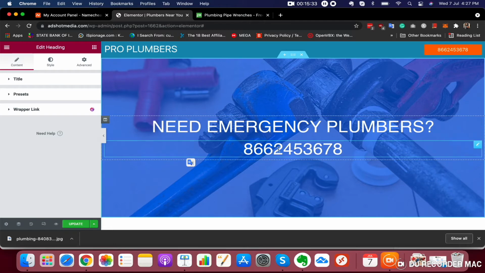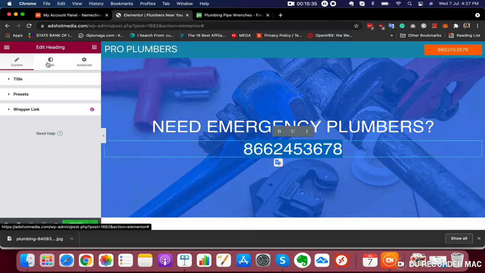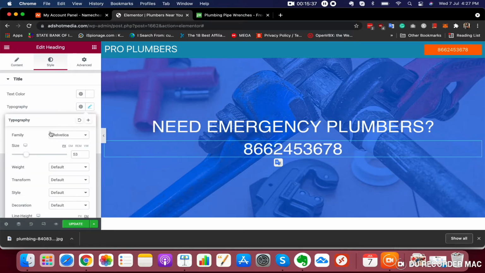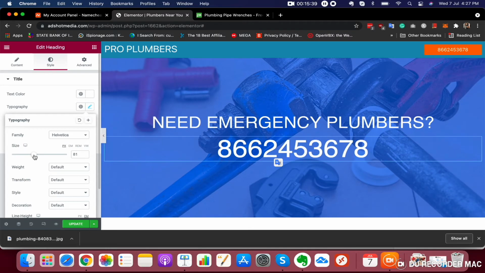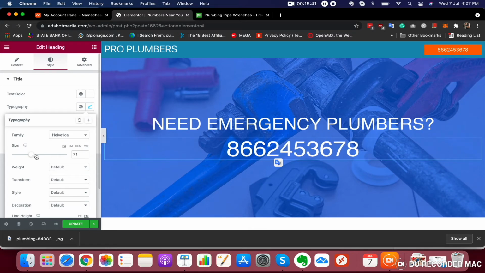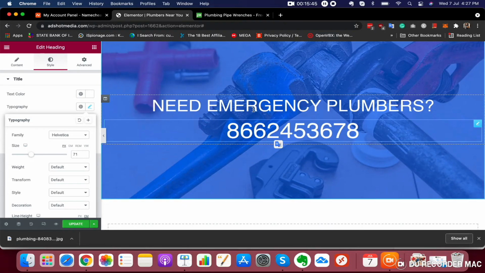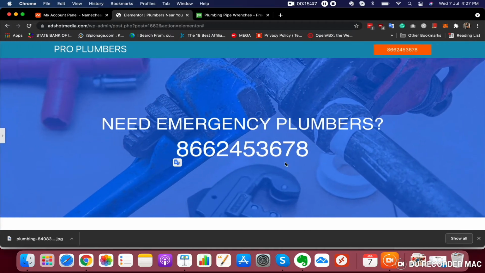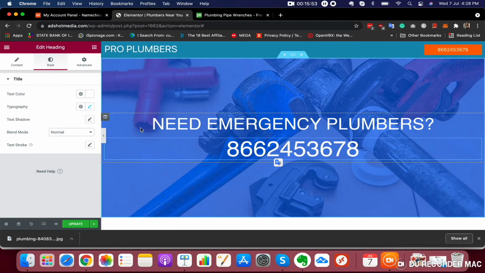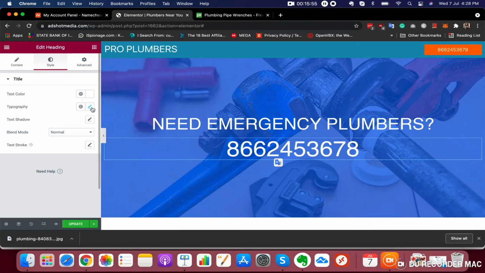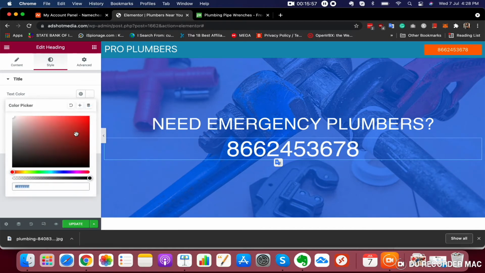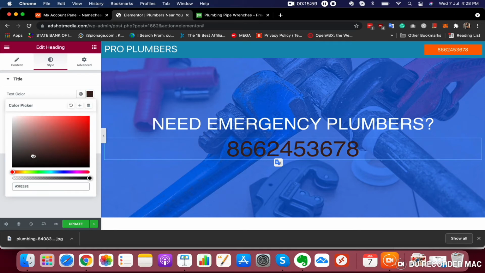All right, we can change the font of this. All right, see, this is how it is looking currently. If you want, you can also change the color of this number, so let's try it. Text color, let's go for something catchy.